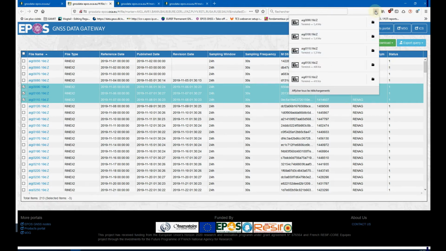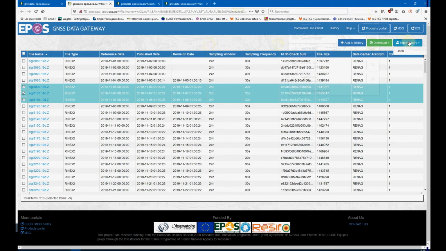You can also export the query to be used with the command line client, for example.